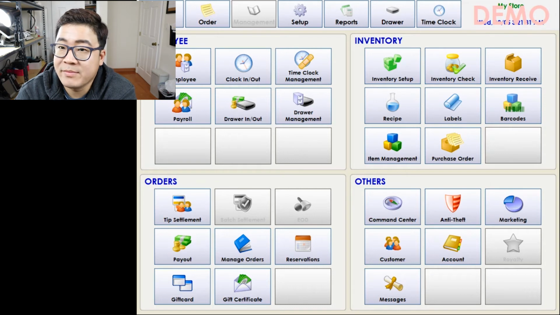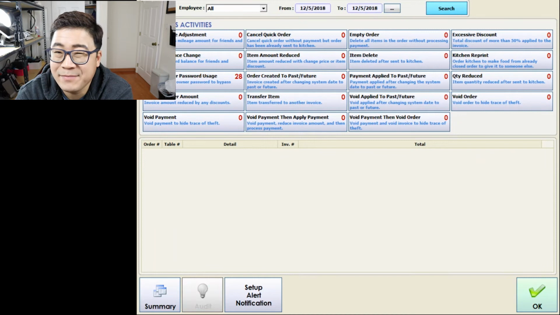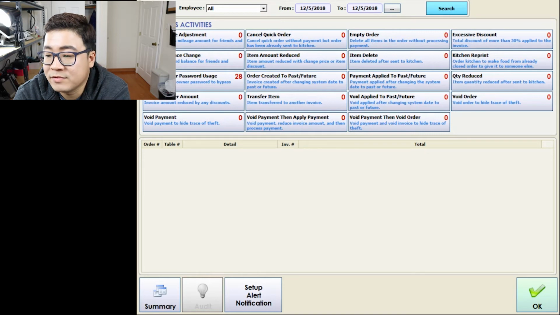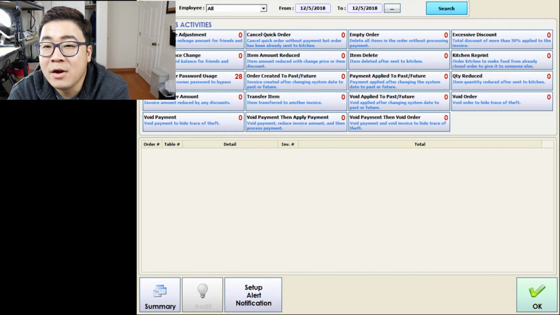So right now, this is the management section of the software. I'm gonna go over the main feature of our software that people like, which is the anti-theft. Now what anti-theft does is if anybody did anything out of the ordinary, now that means that maybe one of your servers deleted an item. I know that you need manager's approval, but let's just say they figured out your number or something